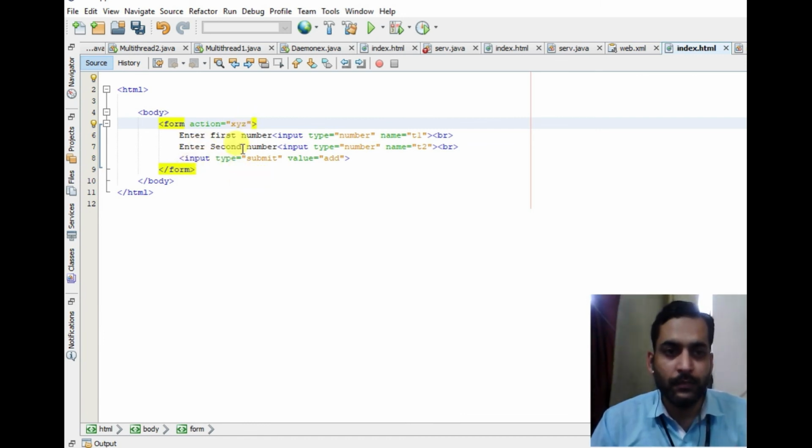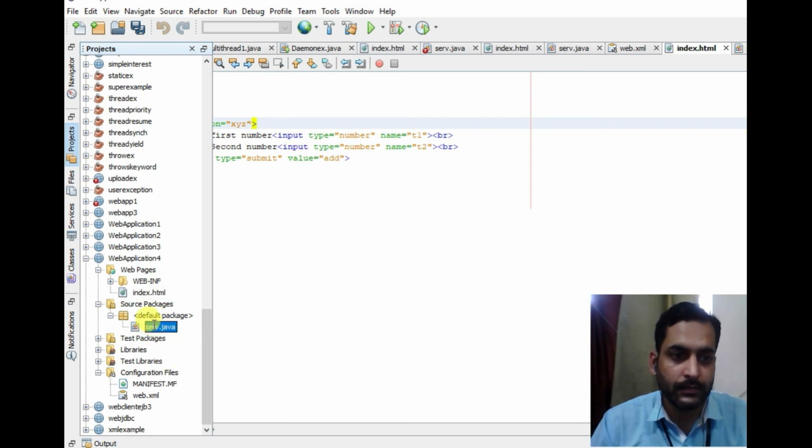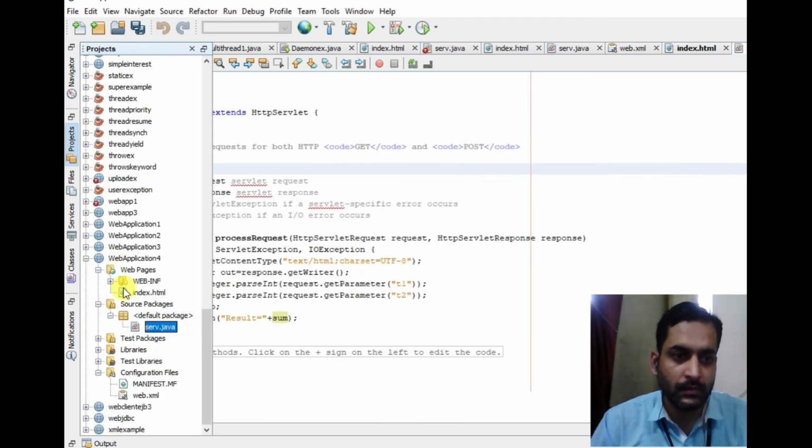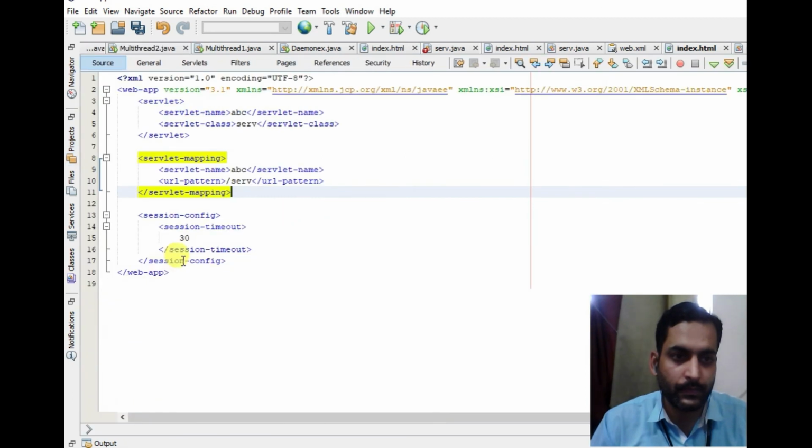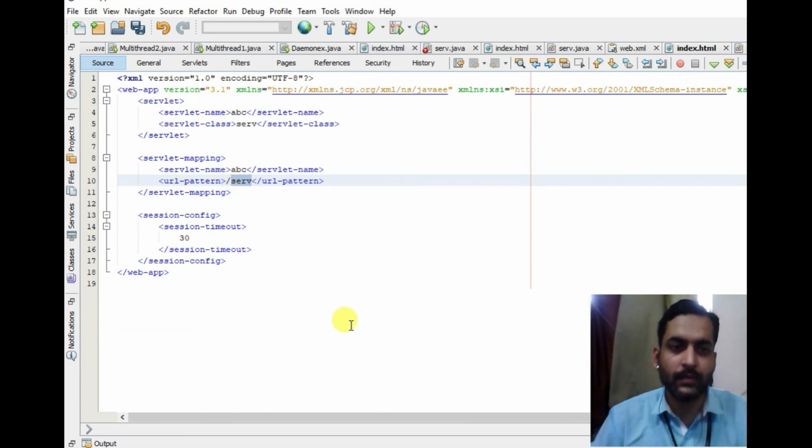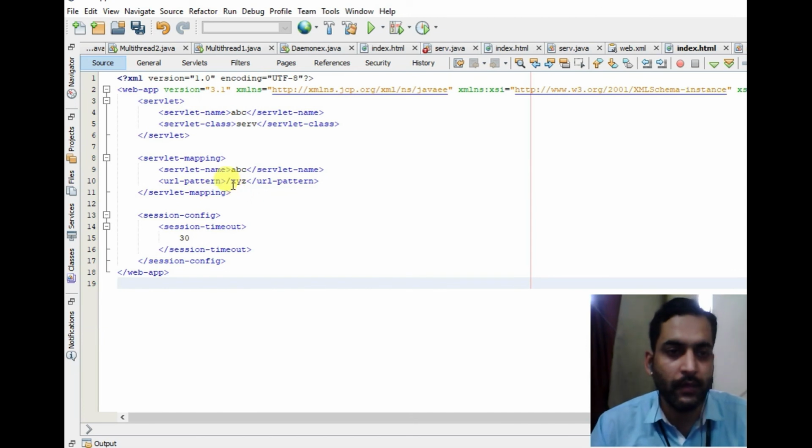When I submit this form, this servlet xyz will be called, and this xyz I should write here. So xyz will come in the URL pattern, then the servlet, this is the internal alias name, and this name and this name should be the same, ABC.